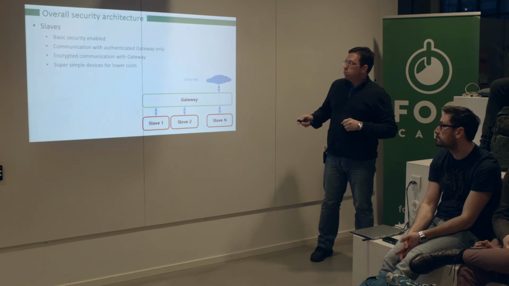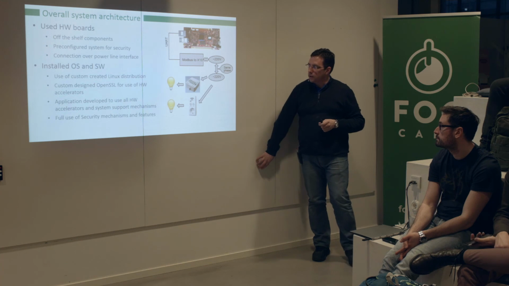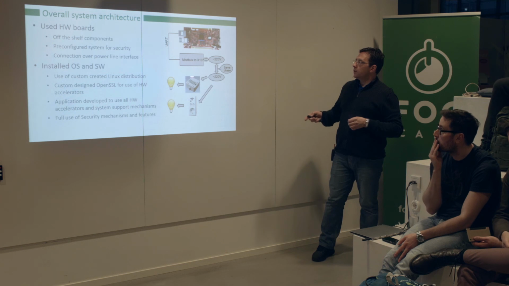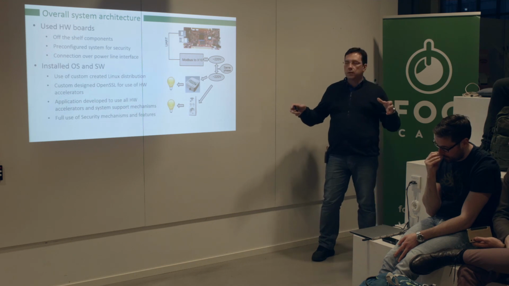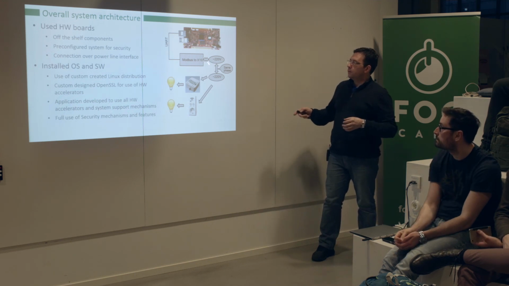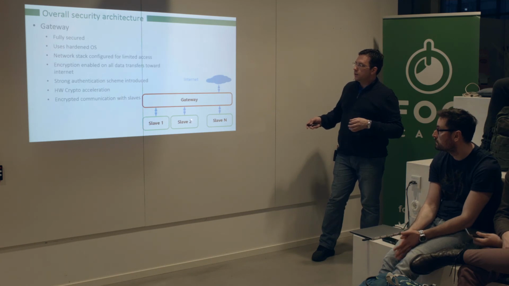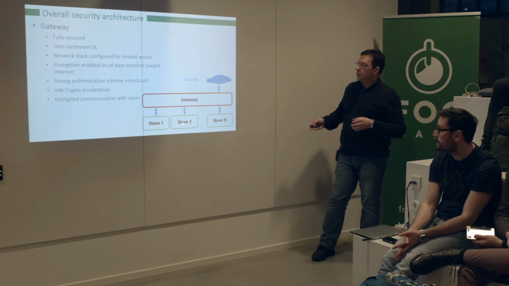So the idea here is to be capable of plugging in a device in a socket which is properly configured. Device is doing credential exchange with the slave, and whenever they authenticate themselves, then this slave can be part of the network, and this slave can be controlled by the gateway over here. If the slave is not properly configured, there is no proper authentication between both of them, and then the slave is ignored and all the communication with that one is shut down quickly.